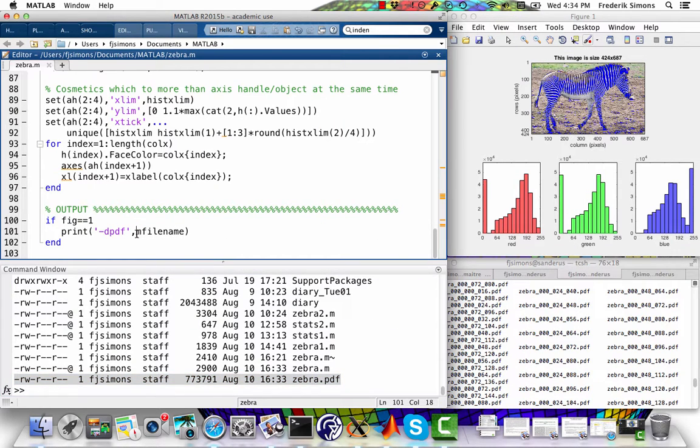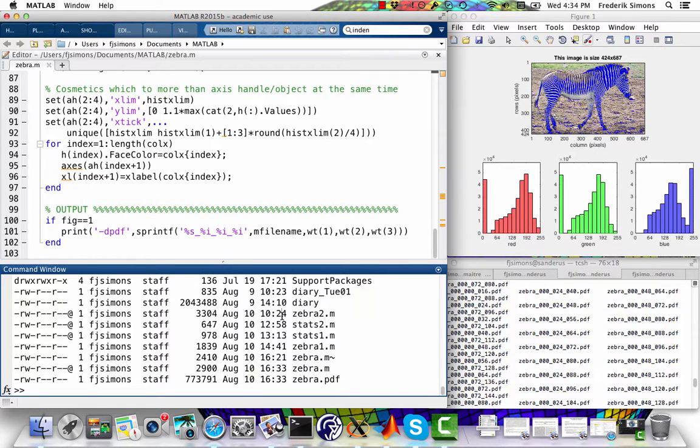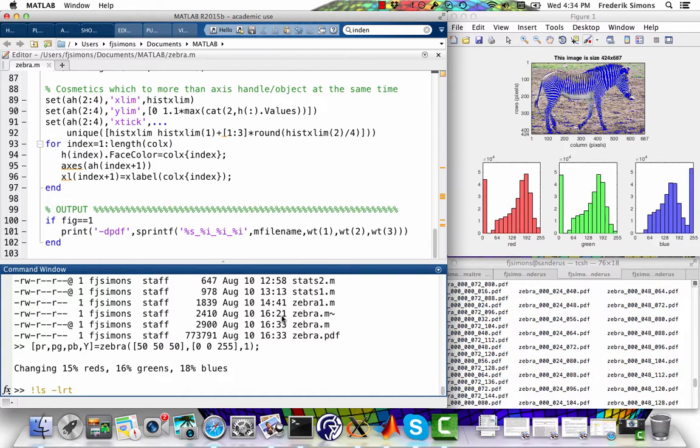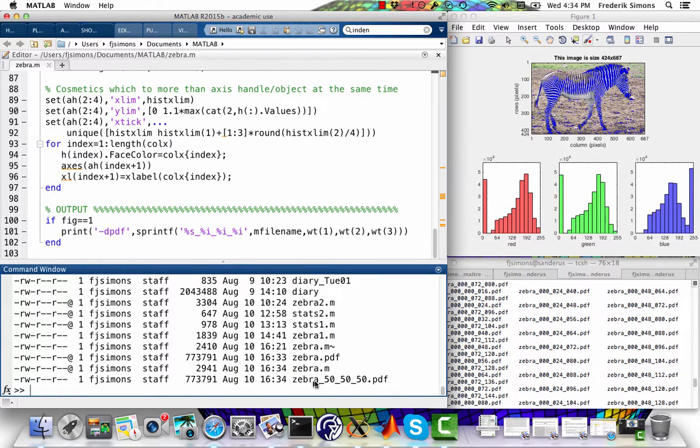Since I've been using sprintf, I might as well make a more complex file name. That's going to take a format, at least a string, but maybe here I'll put the threshold values. The strings for mFileName are going to be WT1, WT2, WT3. If I run this now, it's going to save for me a PDF that's no longer called zebra.pdf, but it's called zebra_505050, which obviously is the way to keep track of what you're doing, because you will make hundreds